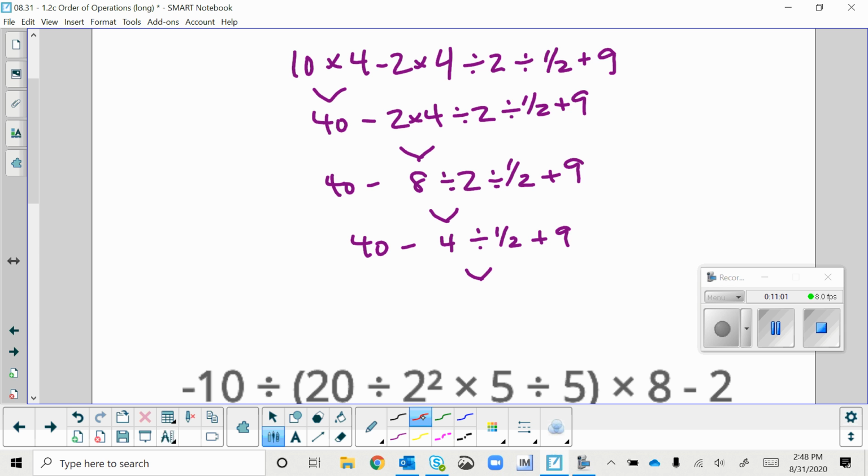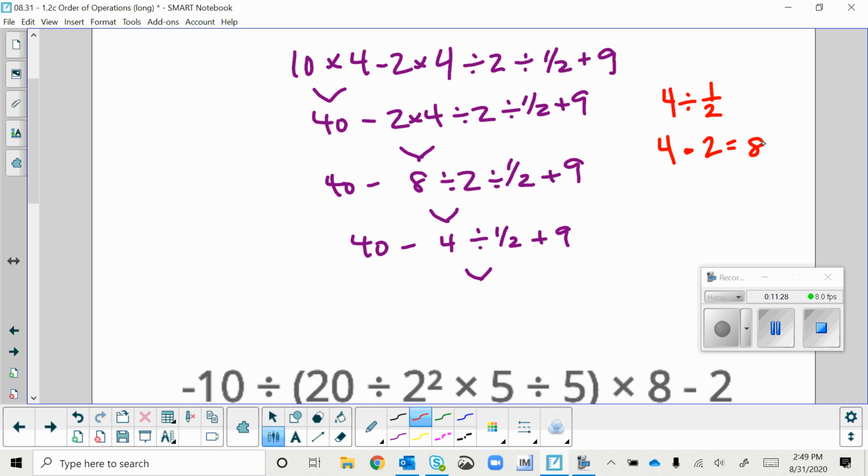So if you remember when we talked about complex fractions the other day, we said if you're dividing by a fraction, you keep, change, flip. You keep the first number the same, you change from divide to multiply, and you flip the second one. 1/2 becomes 2/1, or just 2. That's also called multiplying by the reciprocal.